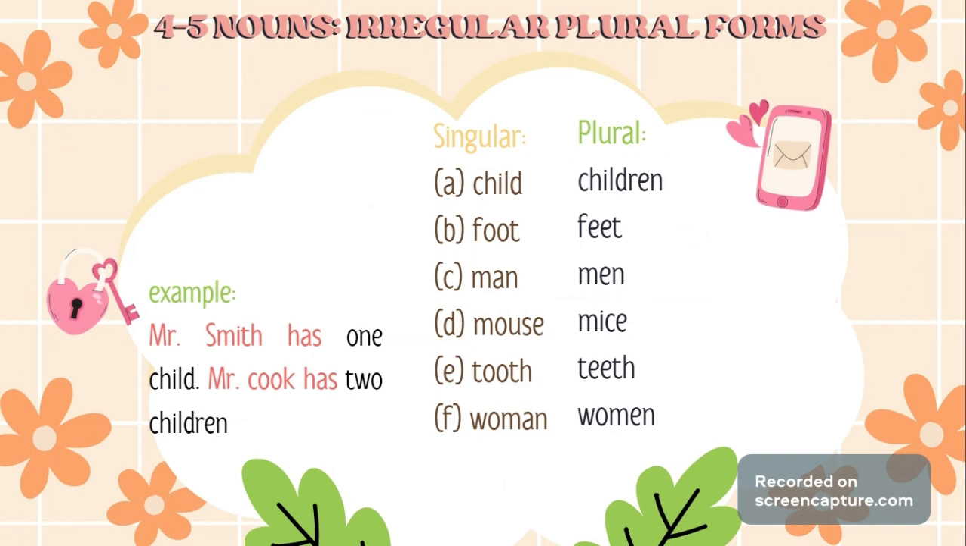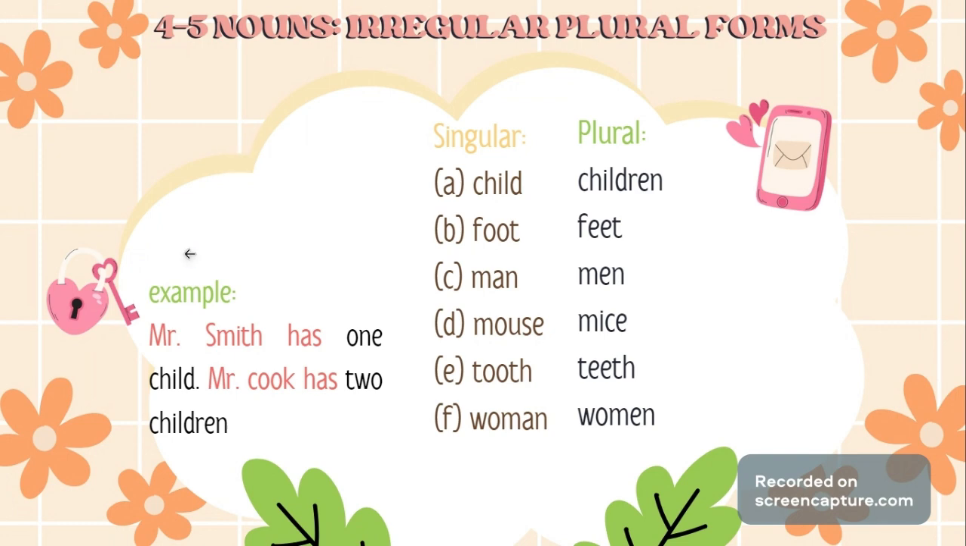So we have singular and plural. So it's irregular. So it's tricky for some beginners. So the singular is child and the plural becomes children. The singular foot and the plural feet. The singular man and the plural men. The singular mouse and the plural mice. The singular tooth and the plural teeth. The singular woman and the plural women. Example,